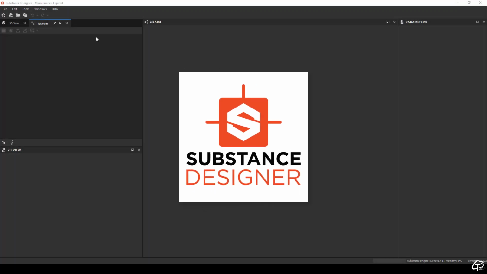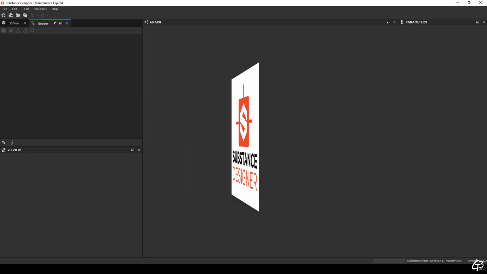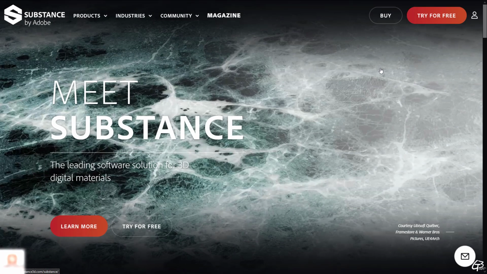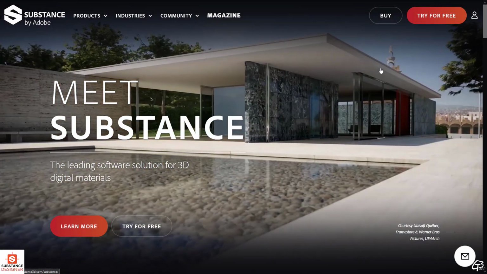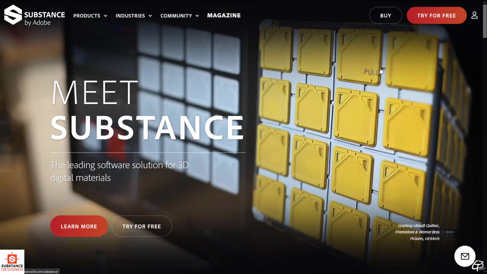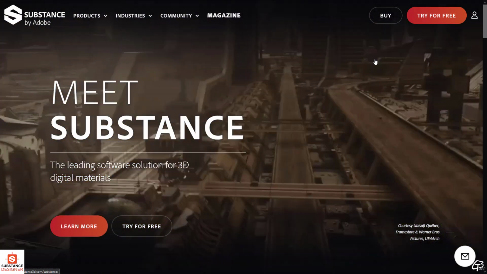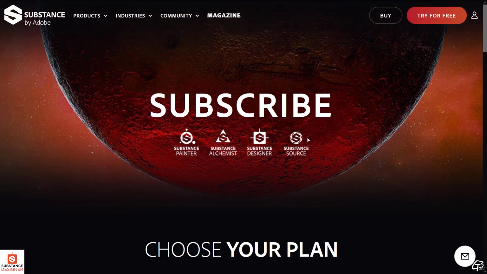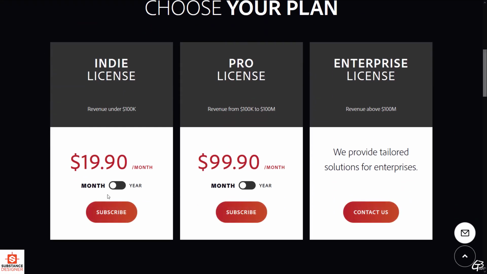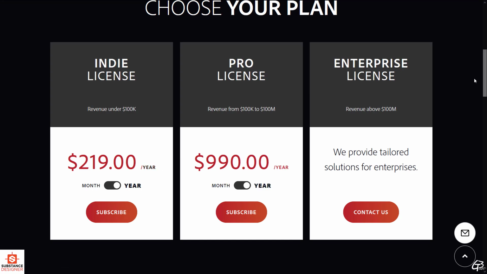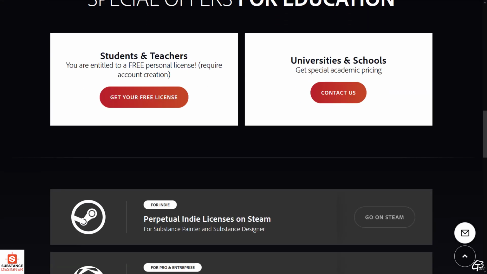Let's pick the Substance Designer as the first baker to play with. As I mentioned, the Substance Designer isn't just a baker, but an entire advanced node-based system to play with PBR materials. We can get it as a part of the entire Substance package for $220 per year in annual subscription, but unfortunately when the year is over we need to pay it again or we lose access to the tool.